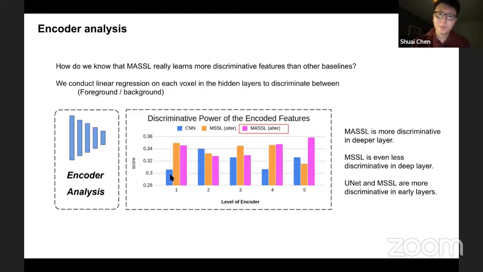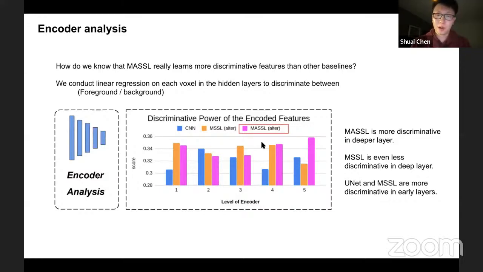So we can see that the UNet usually uses the second layer to distinguish between the foreground and background, and the traditional methods are actually quite average and didn't really use the deeper layers.